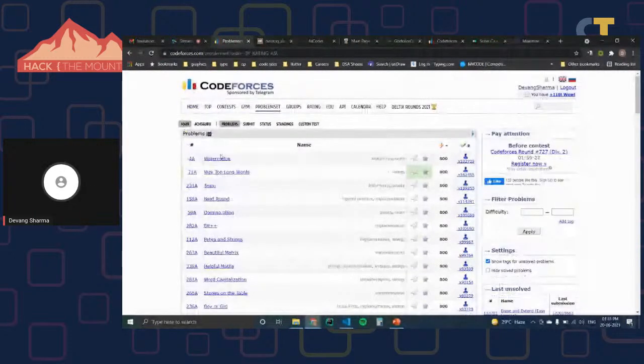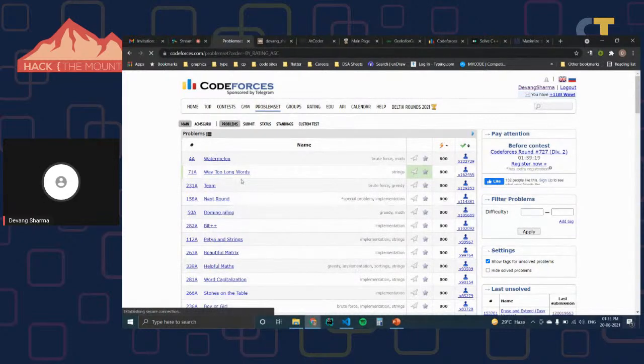Just write a code, analyze the code, submit it. You will be getting wrong answer or TLE. Based upon that, you just have to optimize the code. Suppose you want to look at the editorial, most of the problems have an editorial mentioned